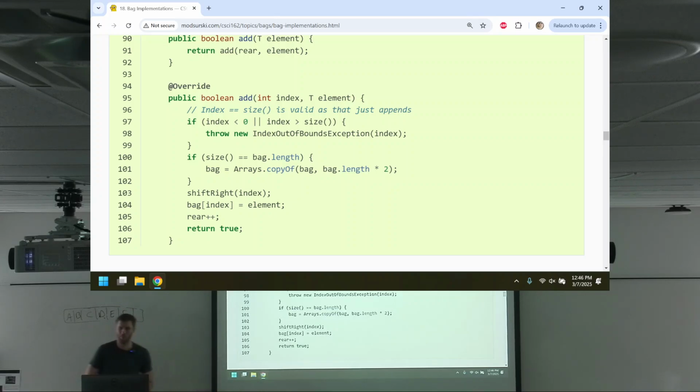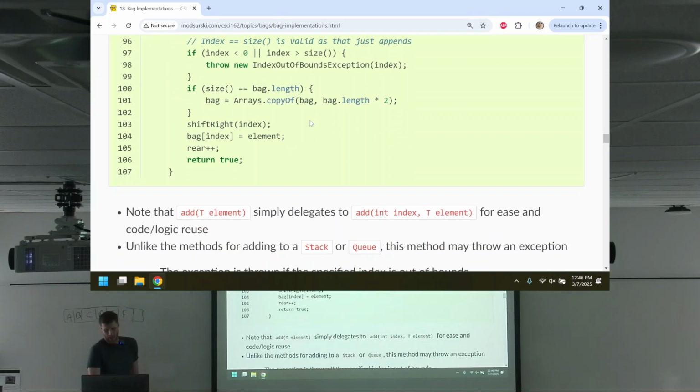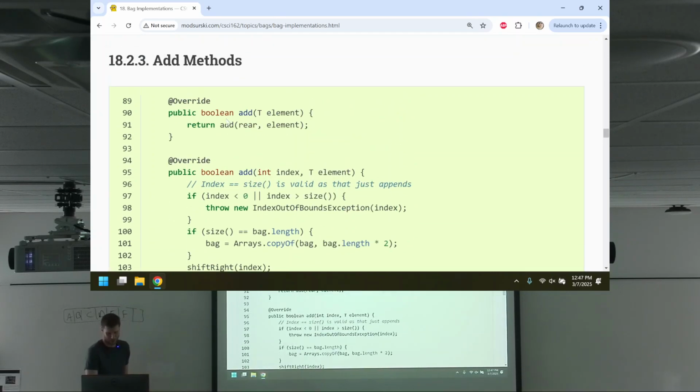So if we're out of room, expand capacity, but we're doing it with the built-in static method from the Arrays class. And then what do we do? We shift right to the index to make room, add the thing at the index, increment size, return true. Cool. This can only ever return true. That means this really could only ever return true, but we just relay. If you ever call this method, it calls this one. This returns a value true, which then this method returns a value true. So we just relay some information around. That's all. Cool? I think that's cool.